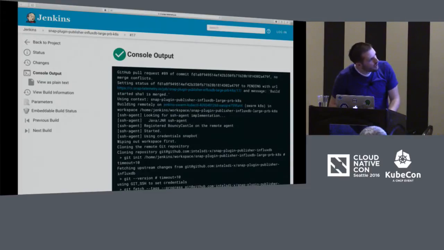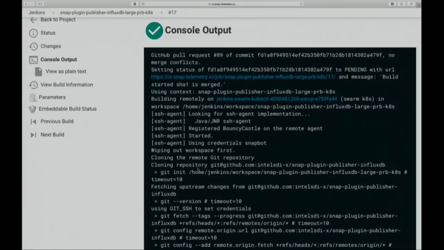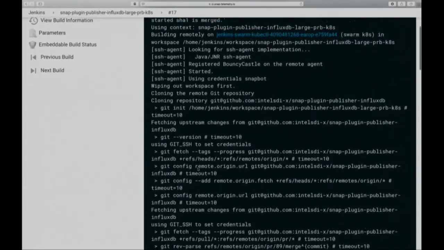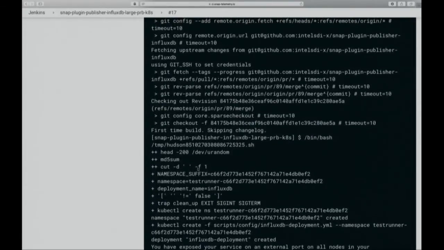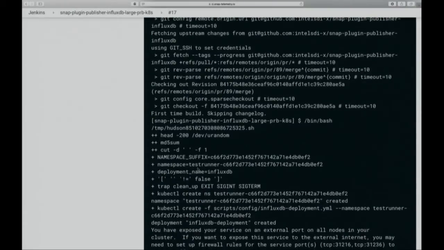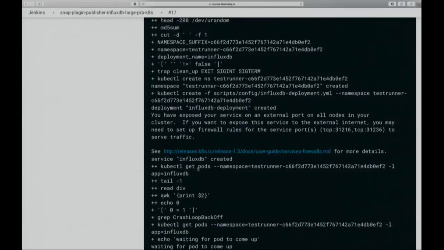So right here, you can actually see that it's pulling down the Git changes that we had, just like you'd expect in Jenkins. But once it's pulled everything, it comes down here and creates a random namespace to contain everything. And it creates, using a deployment we've created. So this is a test for an InfluxDB Snap plugin. And it creates a service and then waits for it to come up and checks to make sure all the